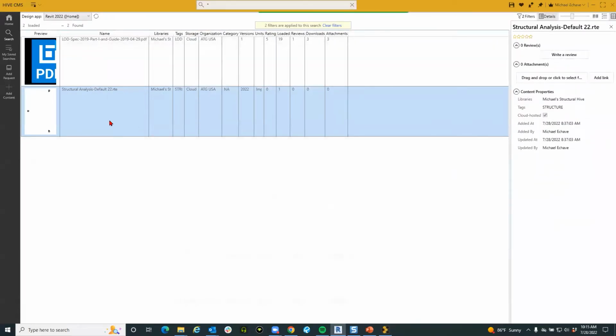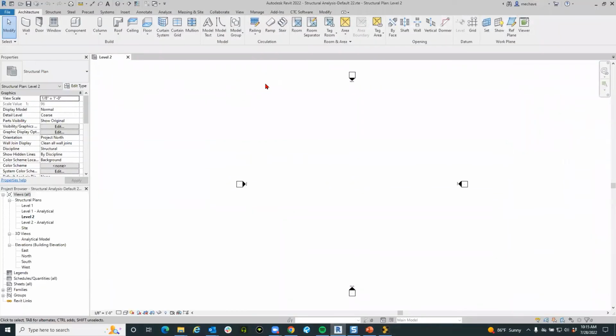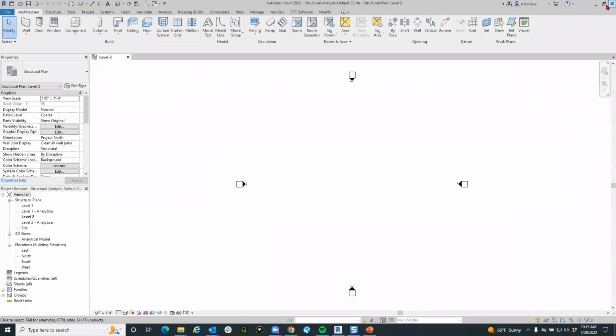I'm going to open this up. You can right click and just say open or load or new. It's completely up to you. Going through and accessing this as well. So it's open up in Revit right here. Now I could keep playing from here, but I'm going to go and use it from the